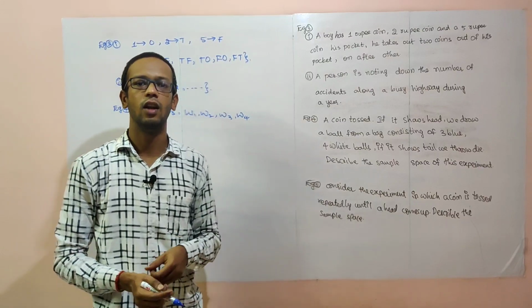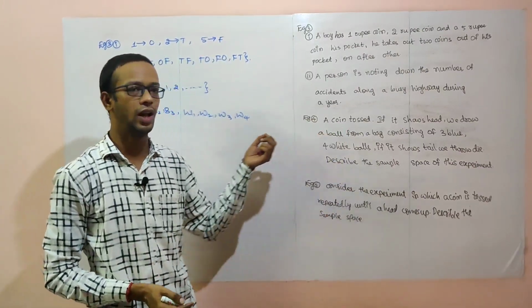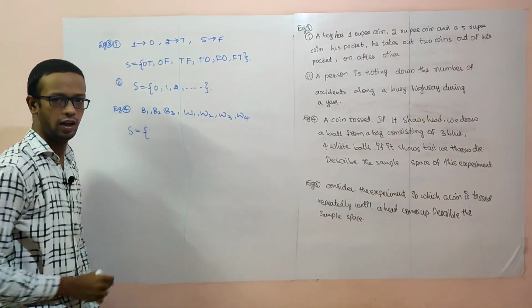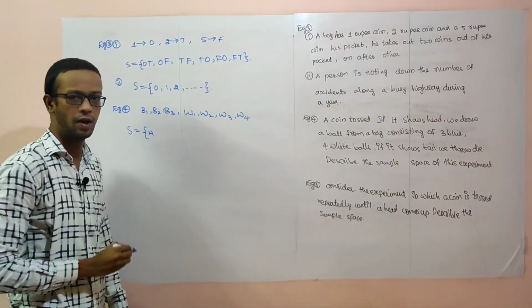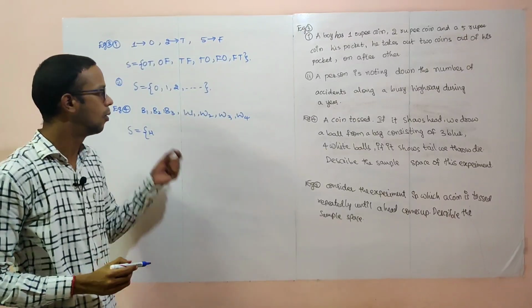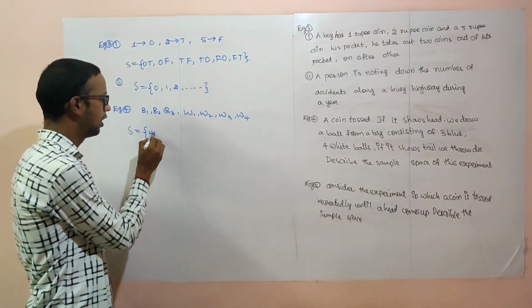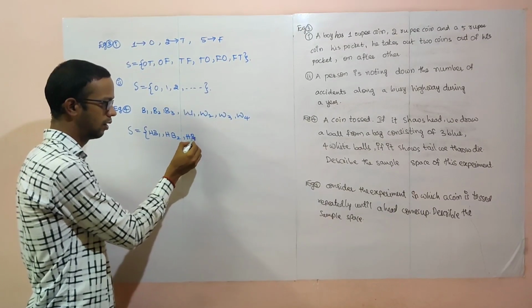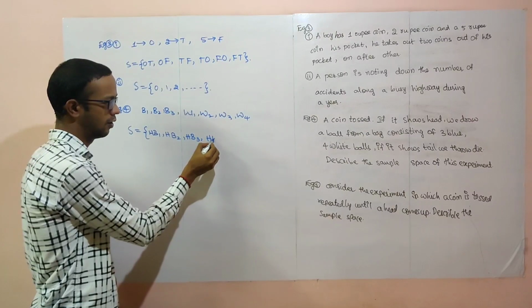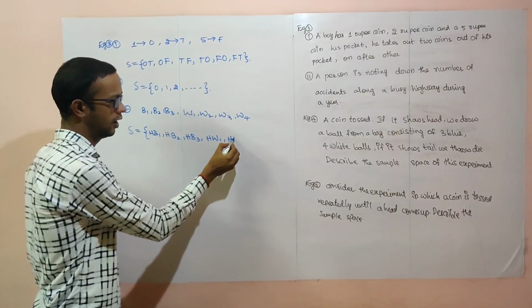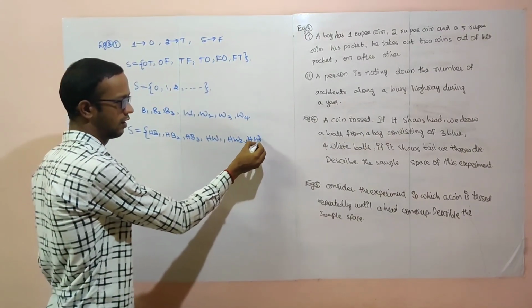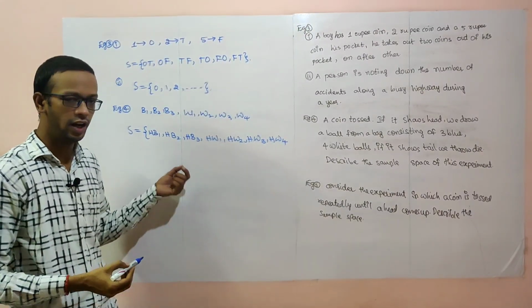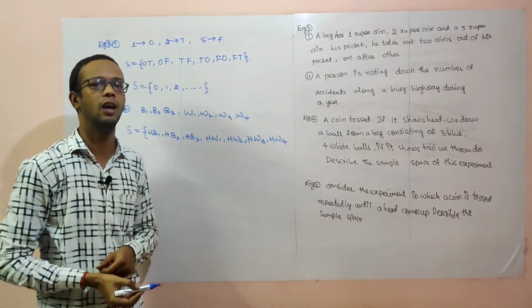First of all, toss a coin. If you get head, you have to take a ball from the bag. So first I will write that. If you get head, what do we have to do? We have to select a ball. How many balls are there? This many balls. We can take B1, we can select B2, B3, or white ball 1, white ball 2, white ball 3 and white ball 4. Head is fixed. After getting head, these are the possibilities for selecting a ball.